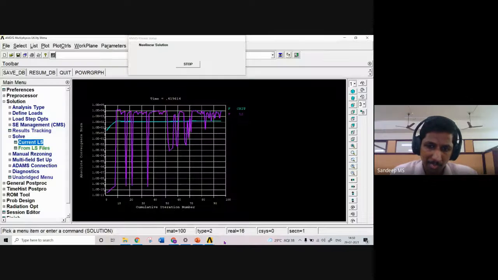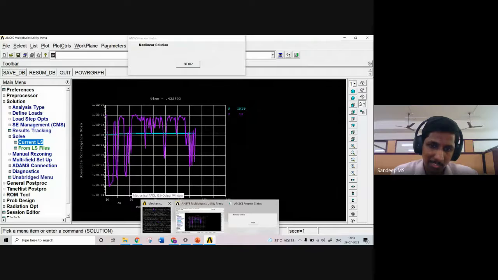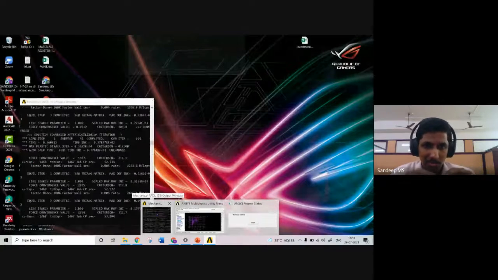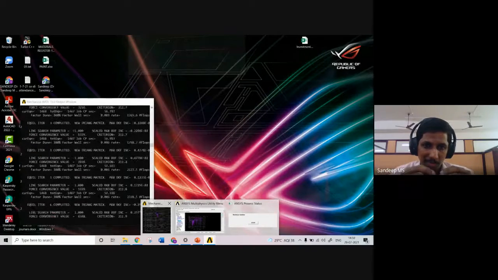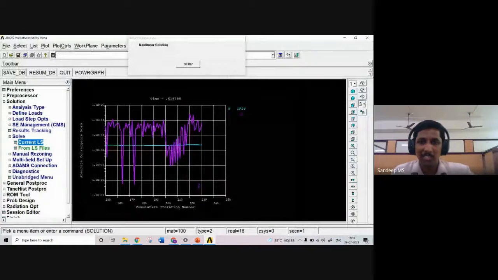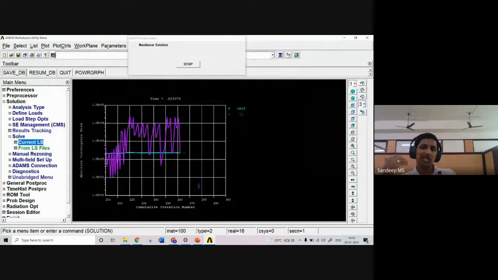Otherwise, if you have 2 windows running in the background, say in this black window, you can see it will be calculating the force, it will be checking with the convergence criteria and what is the difference. Everything will be printed on the screen. Since this is a very simple problem, it is going at a high speed, so we cannot see that.